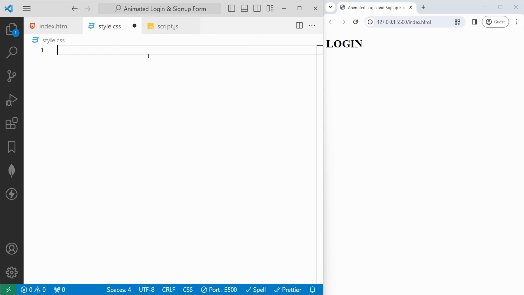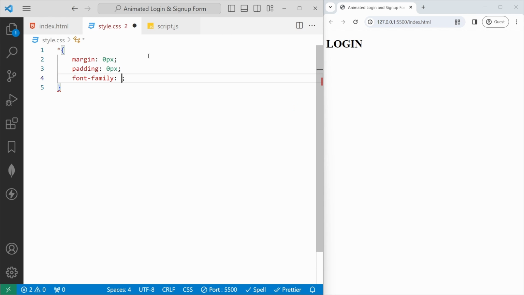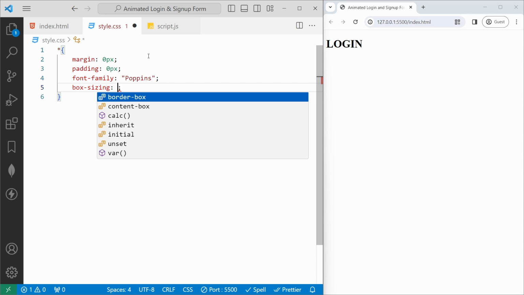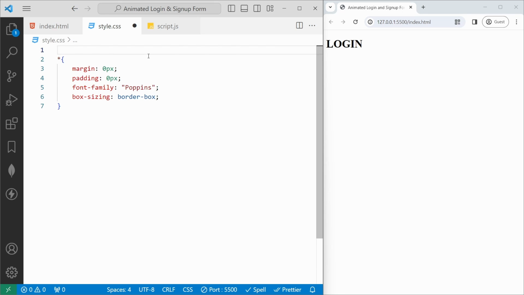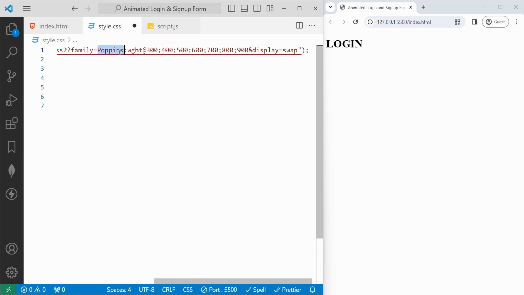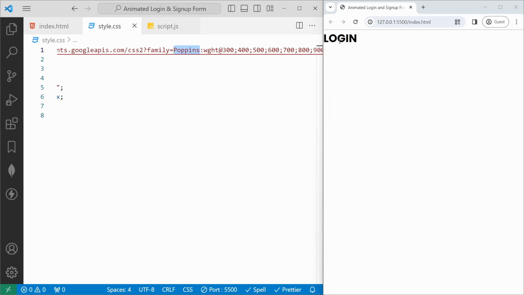Inside the style.css, we are going to add the asterisk. Asterisk is a wildcard that means all elements. This will be applicable to all the elements. So for that, I will reset the margin of all elements with margin: 0px, and then I will set padding to 0px, and then font-family to Poppins, and then I will add box-sizing: border-box, and then I will add the import URL of the font Poppins here. If I save, now you can see the font Poppins here,